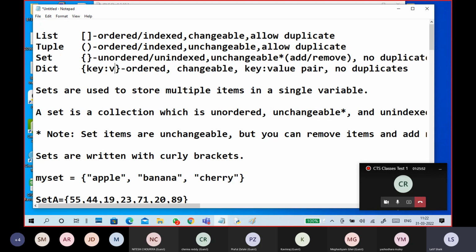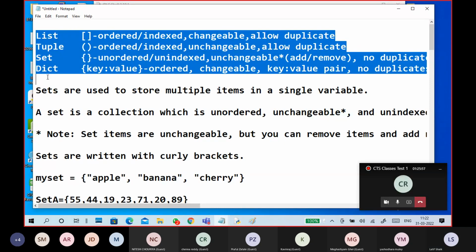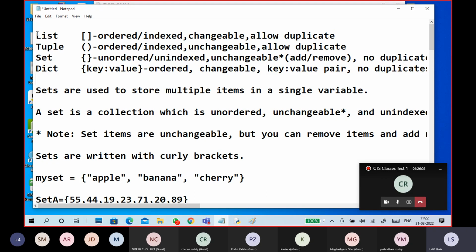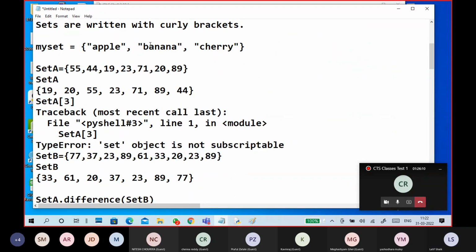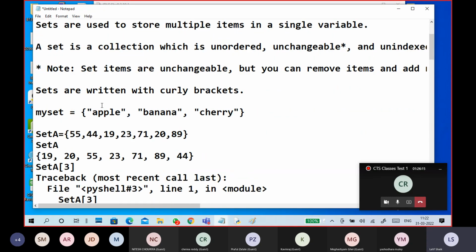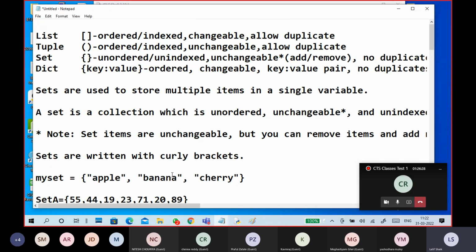This is one question. Of course we should understand this for other things also, but this is one complete question: what is the difference between list, tuple, set, and dictionary? Okay, how to define? Take one example and do it. Try to avoid these examples, like apple, cherry, because they are repeated from the same books or same net only. So this is it.